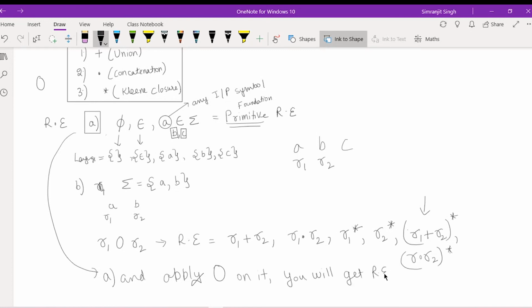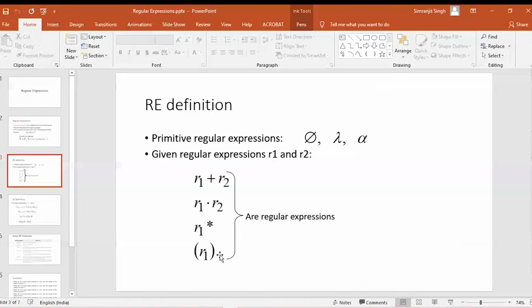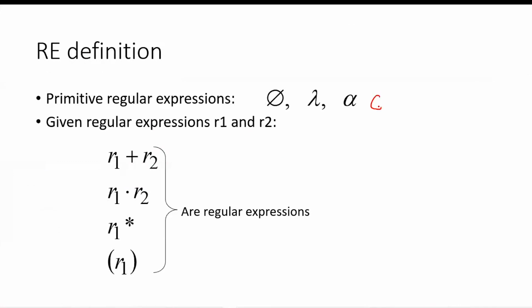There are other theorems to prove that this is a regular expression. This is again described in the slides, that primitive regular expressions are this A or B, something that belongs to the input. They're saying given regular expressions, this is a regular expression, this is a regular expression. If you apply R1 union, remember this plus means or, R1 concatenation, R1 raised to power, or